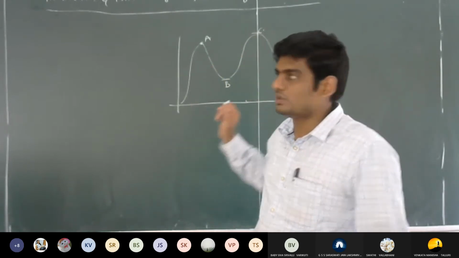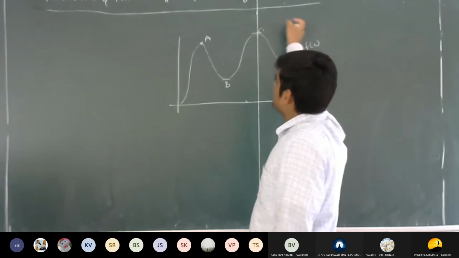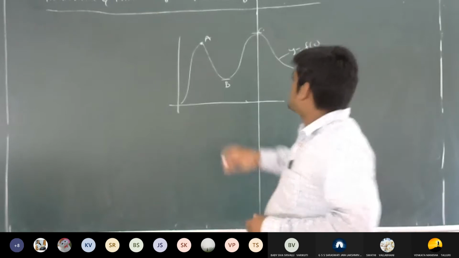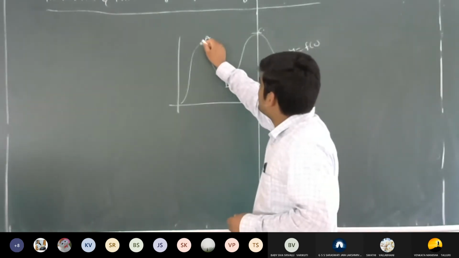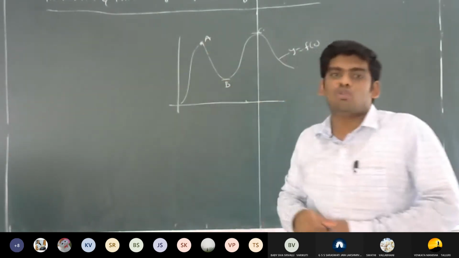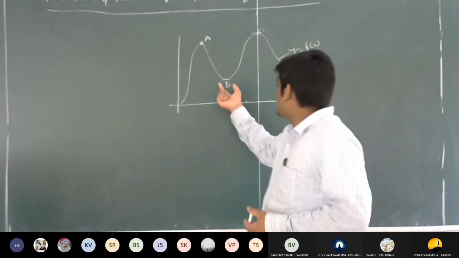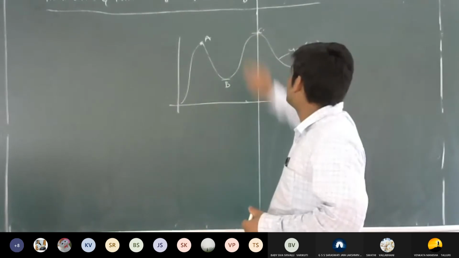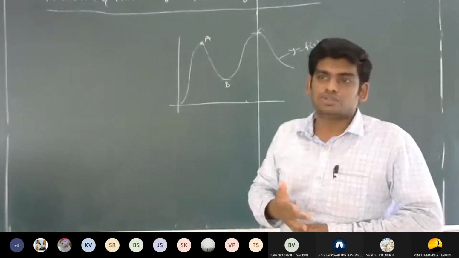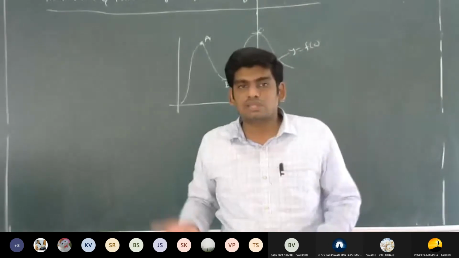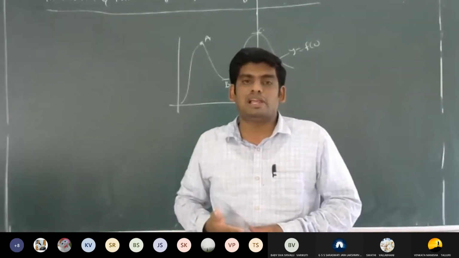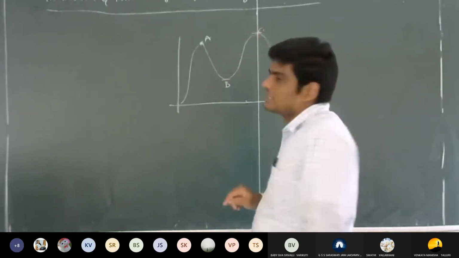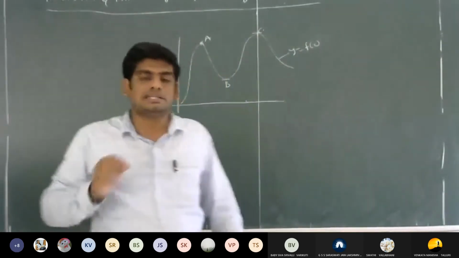It's not important, but listen carefully, before going to the concept of the maxima and minima of two variables. At the point a, the function has a maximum value. Similarly, at the point b, the function has a minimum value, and at the point c, the function has a maximum value. So the function may have more than one maximum value or more than one minimum value, or neither maximum nor minimum. The points a, b, c are also called stationary points.